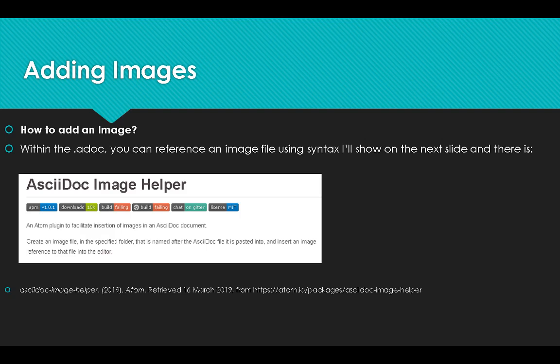How do you add an image? Within the adoc, you can reference an image file using syntax that I'm going to show you on the next slide, but I also wanted to point out a bonus feature that I discovered in researching for this presentation called AsciiDoc Image Helper. That's an Atom plugin that facilitates insertion of images in an AsciiDoc document. There you can create an image file in the specified folder, like cd-ing into your documents folder, that's named after the AsciiDoc file it's pasted into. This was really good information that I found, and with all of these slides, be sure and take a look at these references that I've listed,